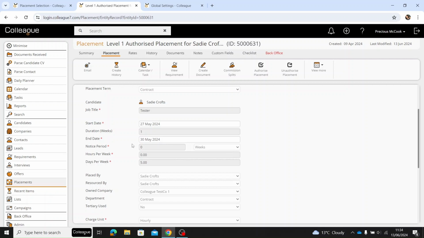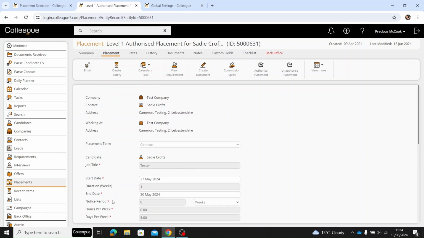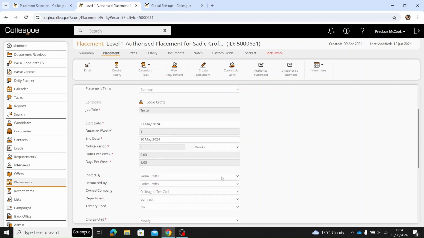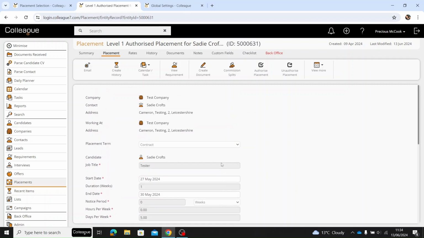As you can see, it has changed the end date to the date that we selected in the blue bar. What this will do is update and end this placement record. The final option I would like to discuss is how you can undo a placement. Say in the instance that you just need to start again, or you need to get rid of this placement record, how you would do that